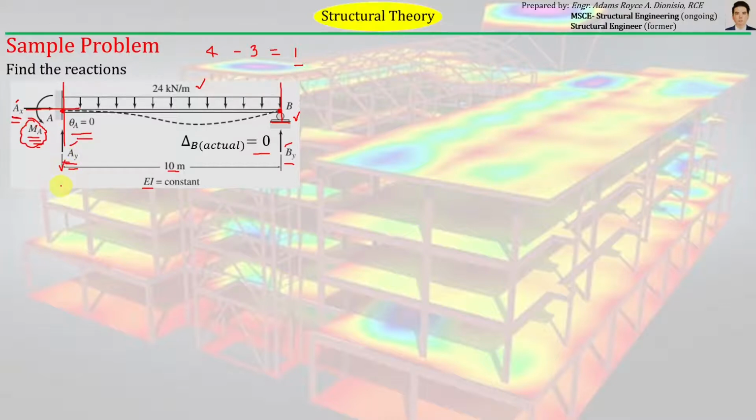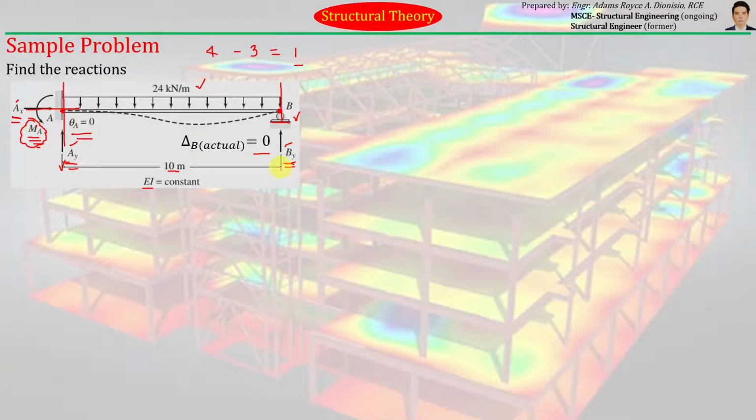So magiging simply supported lang siya. So determinate pa rin siya and stable. Take note, dapat stable pa rin siya after nyo i-remove yung redundant na pipiliin niya. Okay? But for the case of this particular example, I'd rather choose BY,